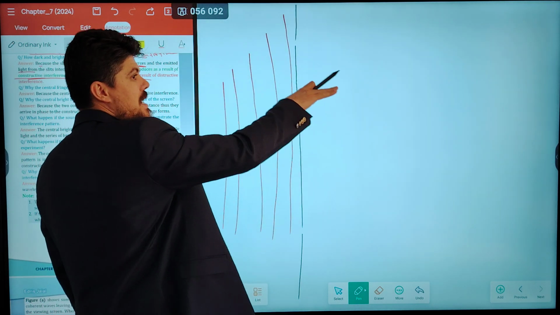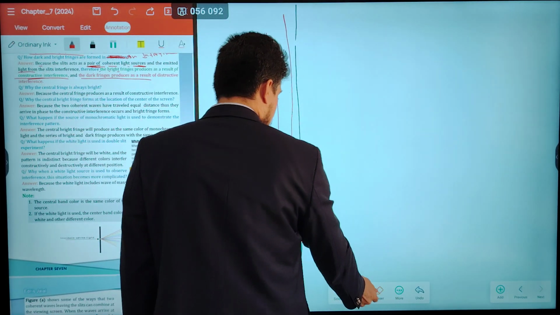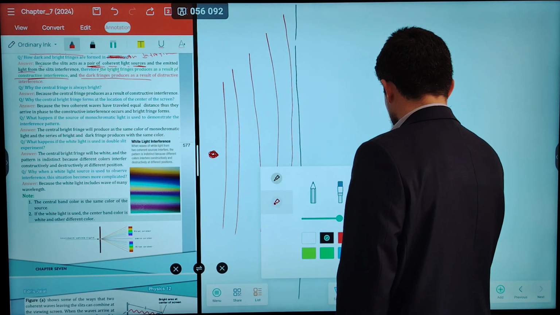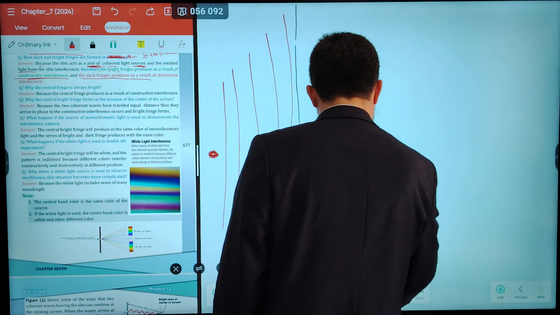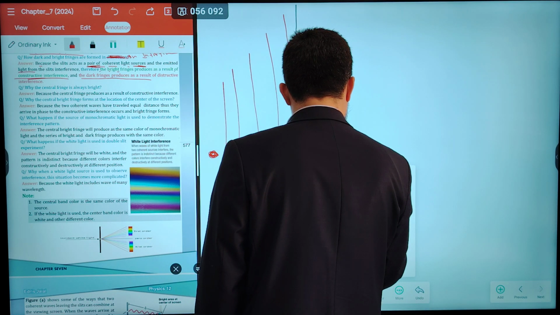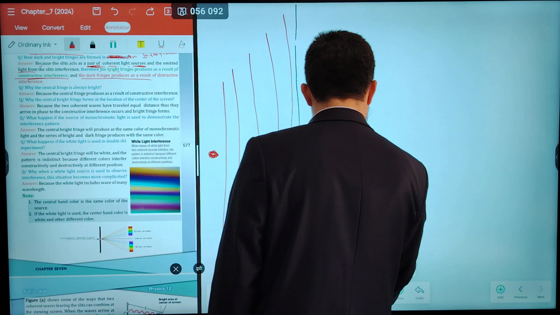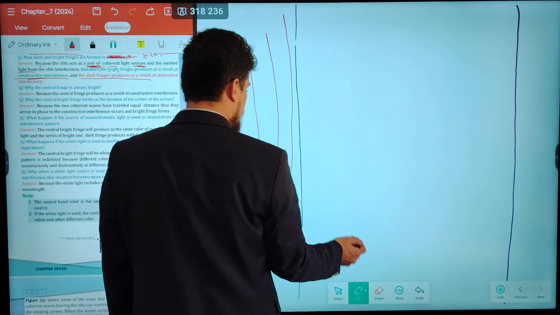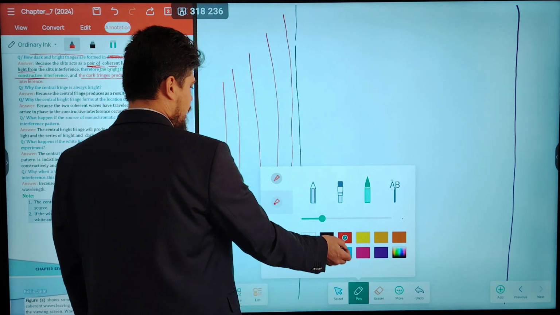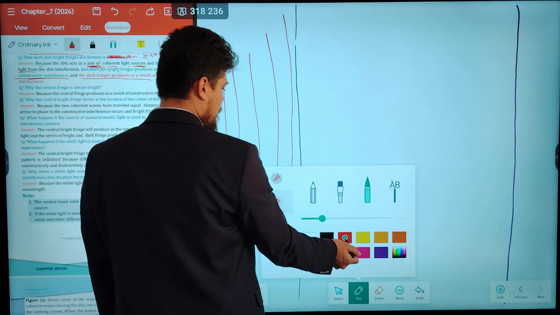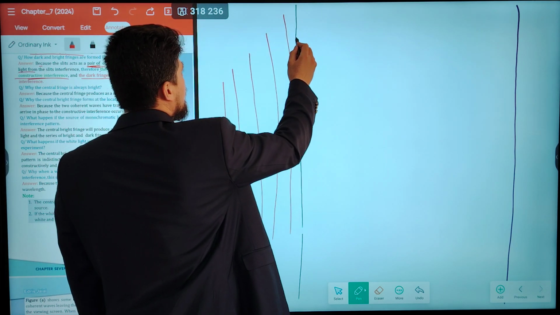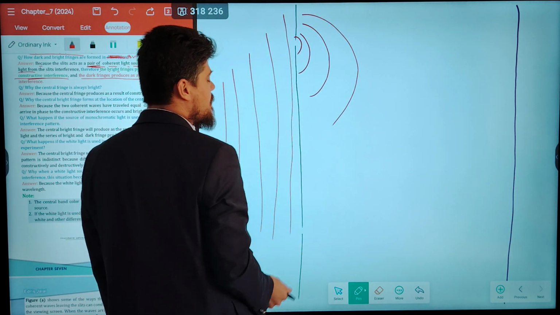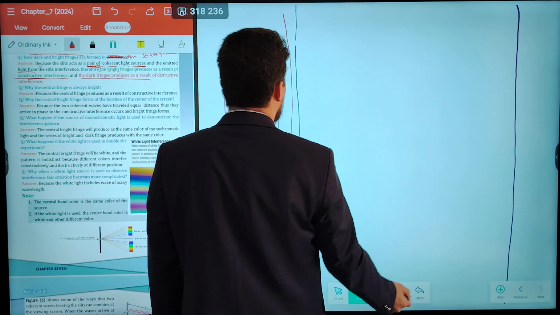Each portion of the wavefront, when passed through the two slits, acts as a source. And assume that we have a screen here. Assume that this is the screen. When the light passes through the two slits, the light diffracts when it passes through the slits. But for the first one,